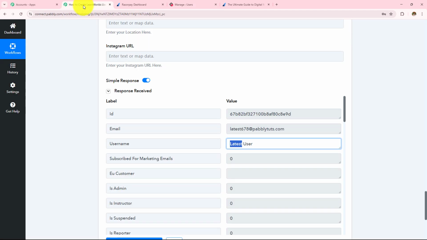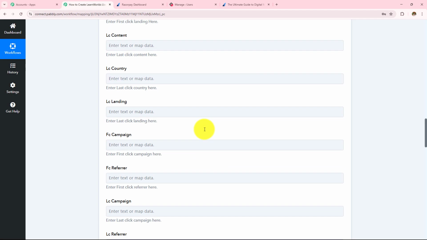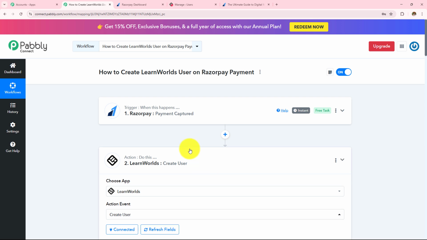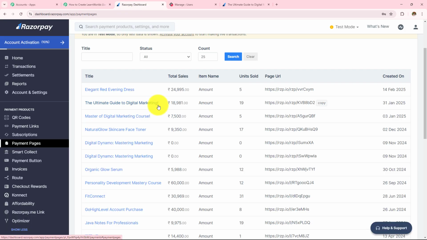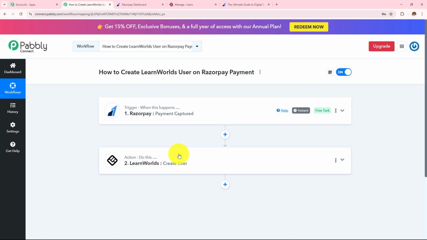Now here there is an important step which I am going to add in this workflow. Here I have made a connection between Razorpay and LearnWorlds, but I have added my webhook URL in my Razorpay account, which is for all the products. But I want to capture the response only from this. So whenever the payment has been made for this particular product, only then I want to create the user in